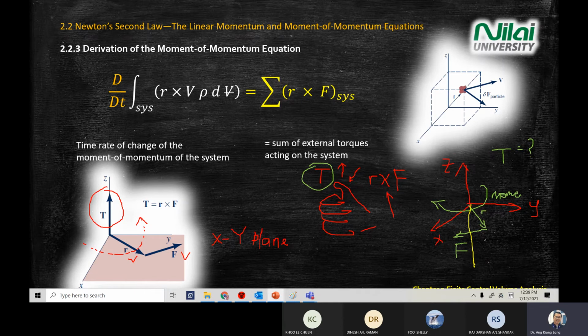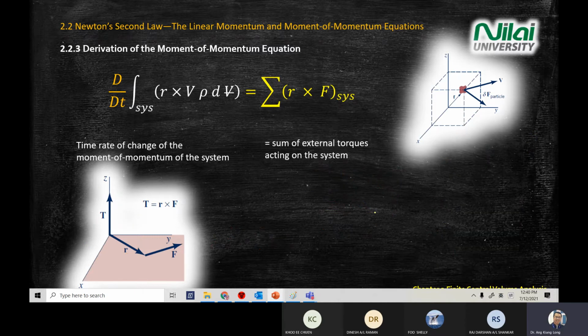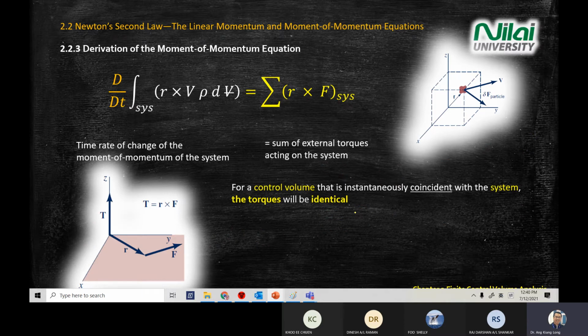Under this section, the T is pointing down. Right? So far, I didn't hear any question. I assume you understand. All right. Now, in this case, we assume the control